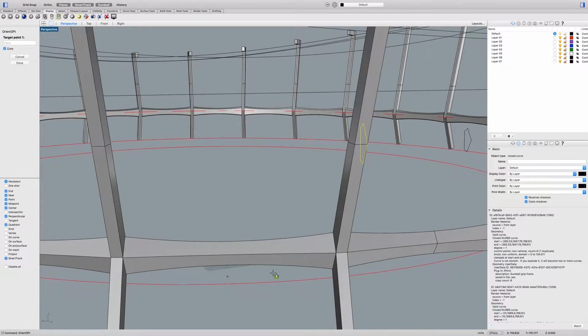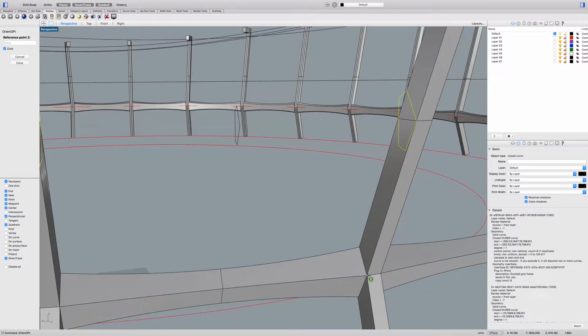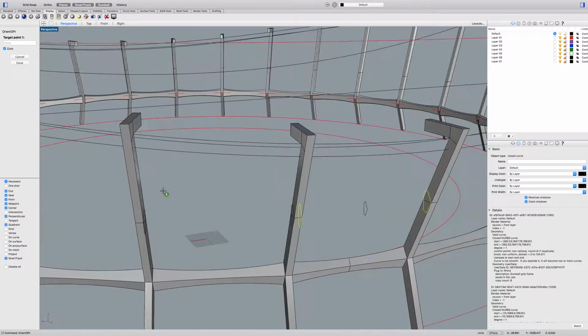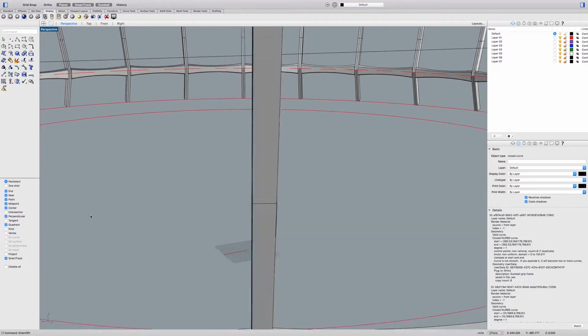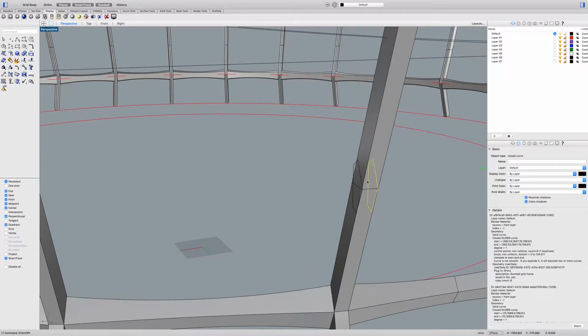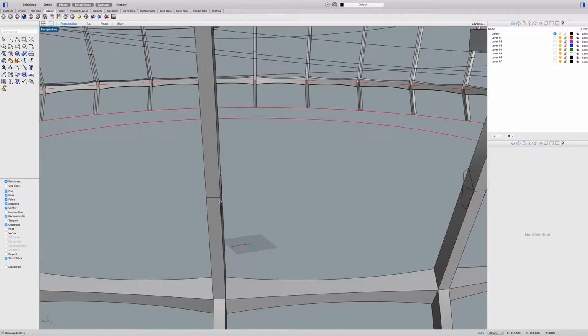You can use the column if you want, or the beam as your reference point. So I would select here and, sorry, do it again. So 1, 1, 2, 3. And then I would come back here and do it in the same sequence. And so you see, it's on the same plane, but the edge has moved. So it's similar to what happens with the polar array. So what we need to do is move it back one by one. So I will move this back, and then I'll move this back,